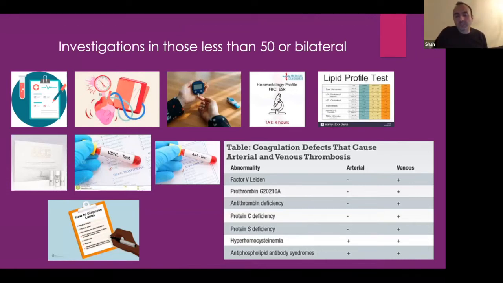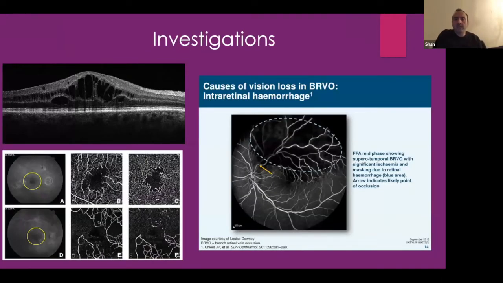Homocysteine is what I was thinking, sorry, homocysteine levels. So you can have RVO with high homocysteine levels. And OCT is kind of the mainstay of treatment. So I want to know if there's macular edema or not, and that's a very nice way of doing it. In the picture here, this is not fluorescein angiography, this is OCTA, which is a very nice way of checking the macula to see if there's ischemia.